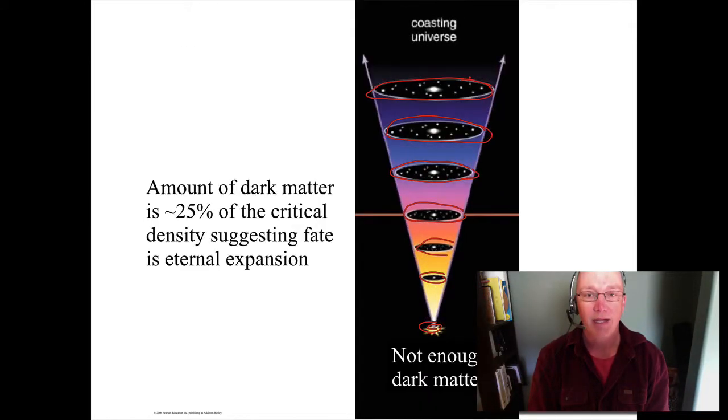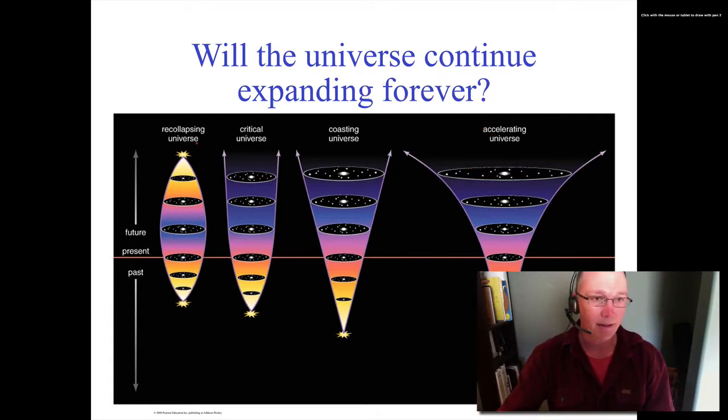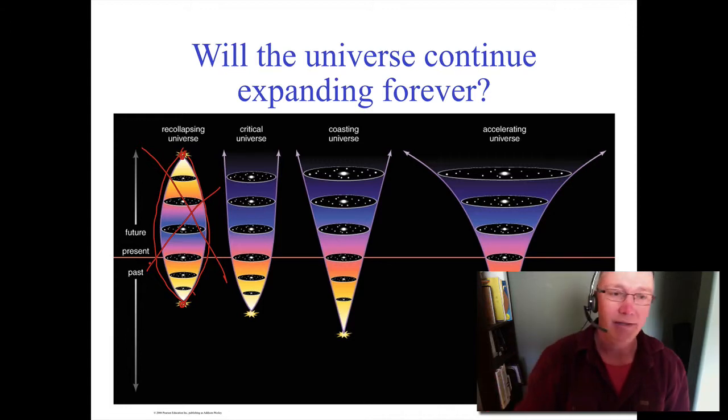Now, contrast that with this first one over here, which is if we have a lot of dark matter, then we can recollapse the universe. So what that means is that you've got this dark energy, which is pushing the universe apart, but eventually the dark matter starts to win over, and you can recollapse back to another Big Bang. I didn't put this one out in detail because this one has been ruled out. Okay, this one has been ruled out as a possibility.